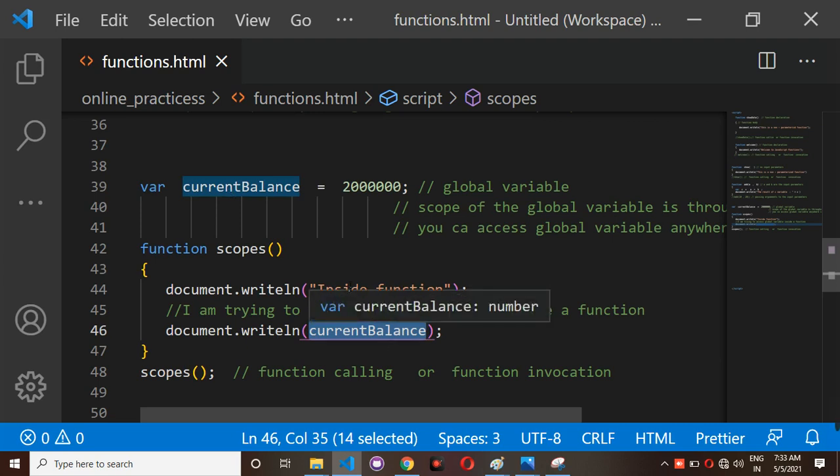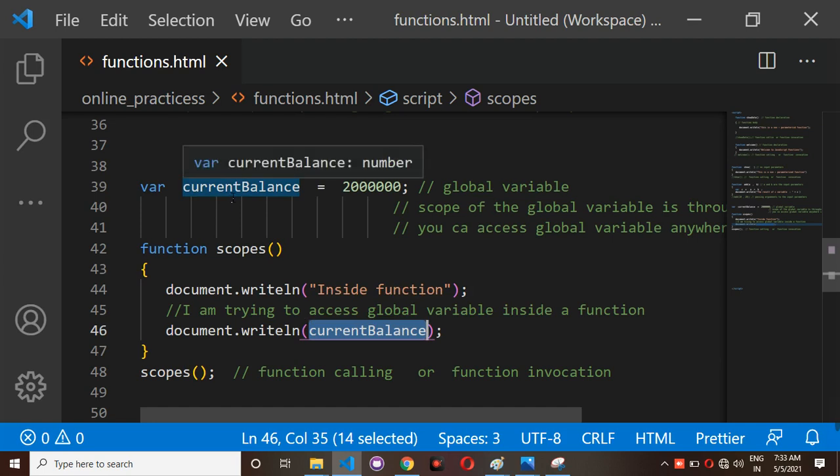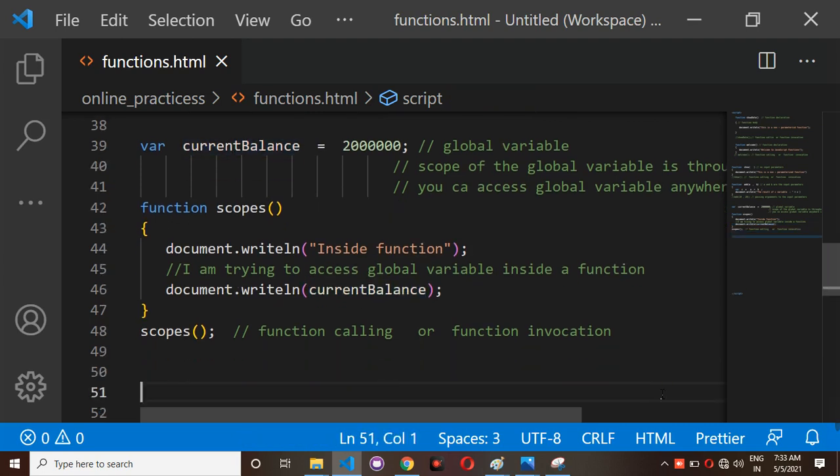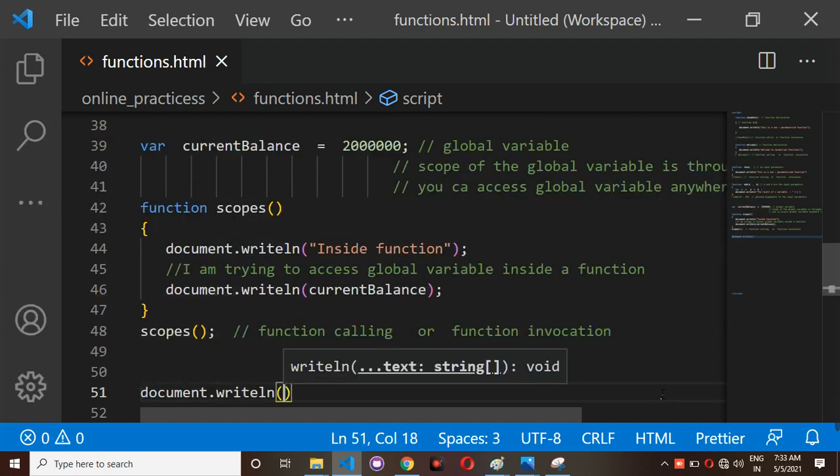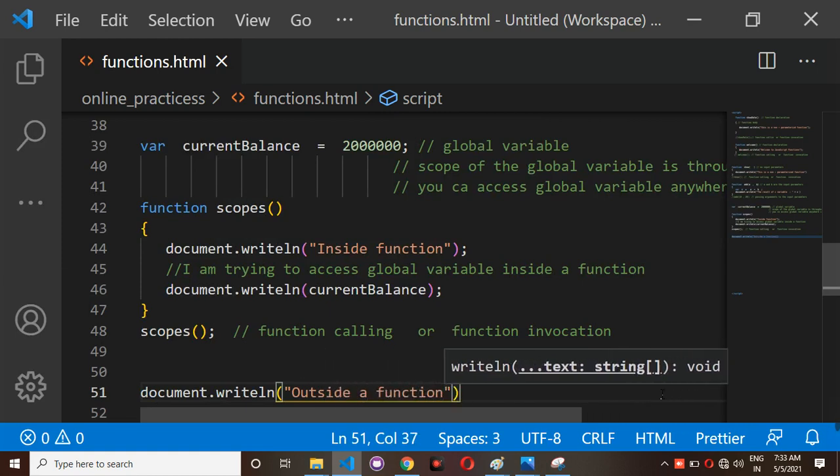It means the scope of the global variable is throughout the program. You can access it anywhere in the program. For example, outside of a function also I can access it. For example, I have document.writeln, but what I am doing is outside a function.